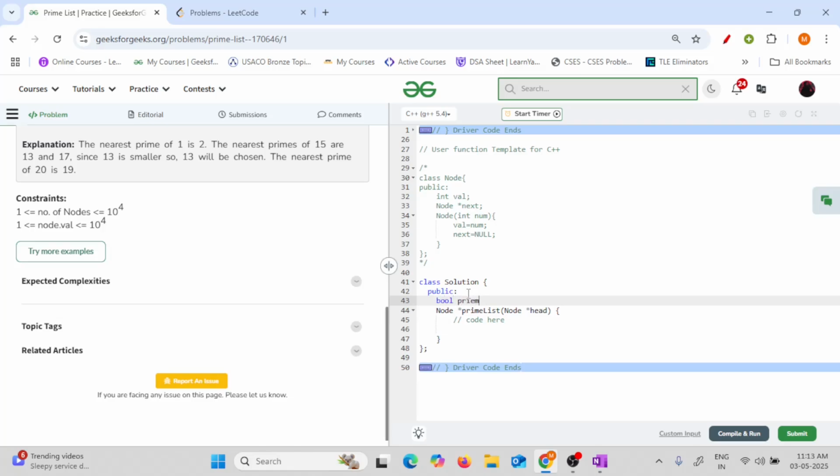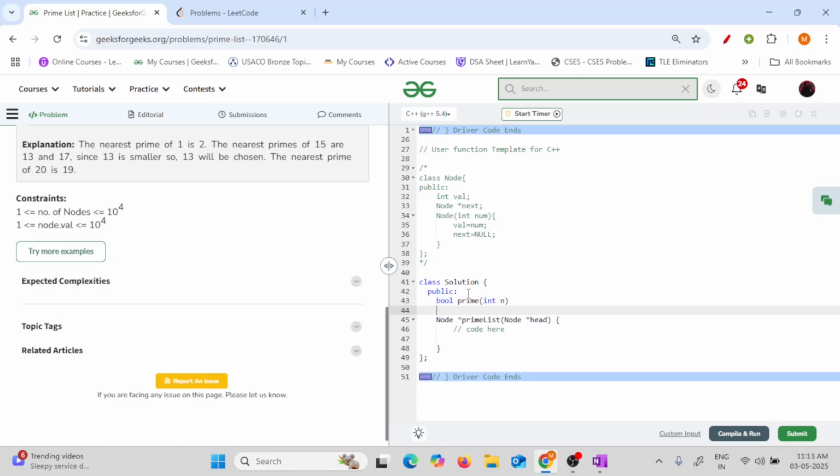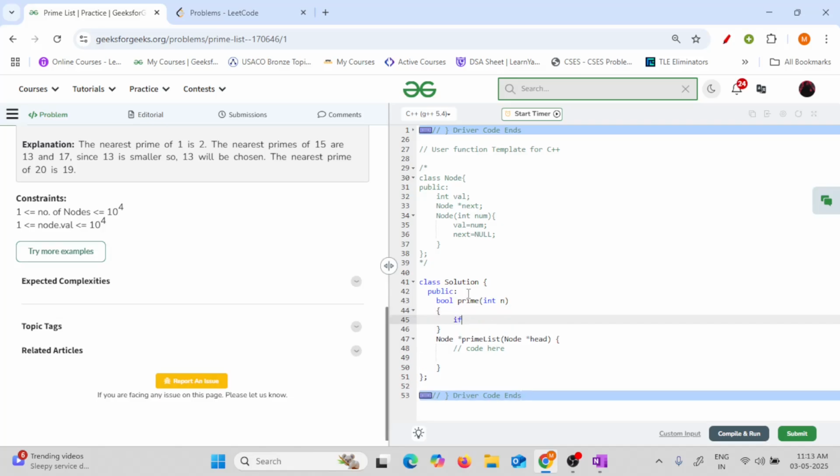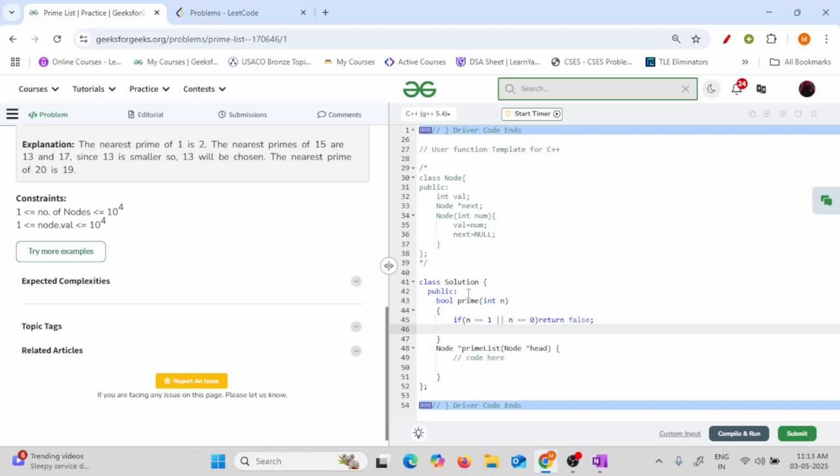What is the prime number code? Integer n. Okay. So there are two conditions I have to check. If n is equal to 1 or n is equal to 0, I'll return false. Okay. Nice. Now what I'll do, I'll go from i equal to 2 and I'll go